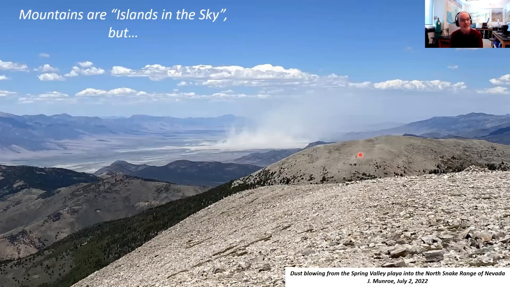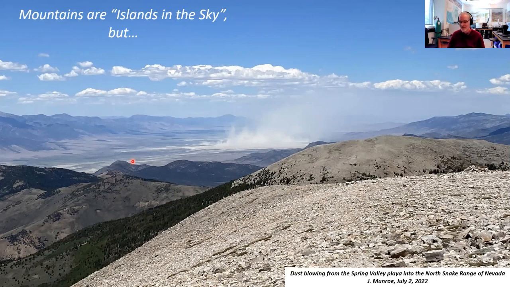We think about the precipitation that falls in the mountains turning into runoff, which will then feed surface water systems and groundwater aquifers at lower elevations. And I would argue things go the other direction too. This picture here shows what I mean. The islands in the sky are receiving dust, which is blowing up off of the arid landscapes which often are surrounding them. So this idea of mountain systems as being the recipients of dust and a mechanism that links together